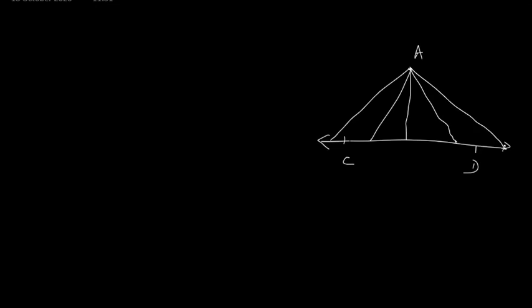Okay, so we find that there is one distance which is smallest, and there is one and only one smallest distance, that is the perpendicular distance. If you draw the perpendicular from A to CD, you will get the smallest distance from point A. For all other points, the distance is greater than this distance AE. So this smallest distance of a point from a line is considered as the distance of the point from the line. So whenever we say distance of a point from a line, we are talking about the perpendicular distance on the line from that particular point. Yes, fine. Now why did we study this distance of a point from a line?